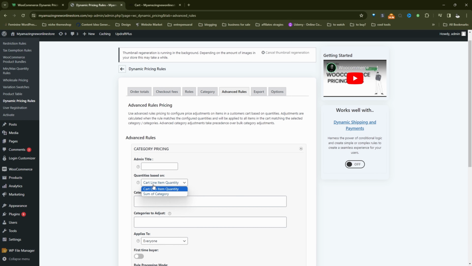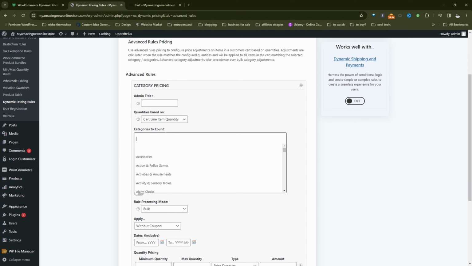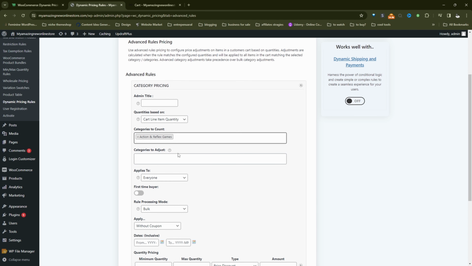Okay, so we can base this rule on the item quantity or the sum of the category. I'm just going to say cart line item here. Then we get to choose which categories we want this rule to apply to. For example, we can say if a customer buys items from our action and reflex games category, we're going to give them a discount, and we can give them a discount within the same category or in a